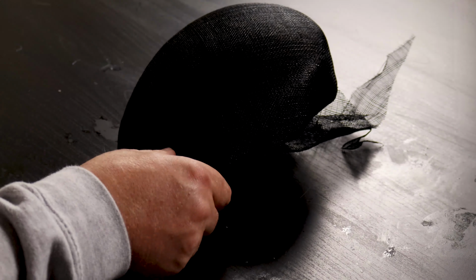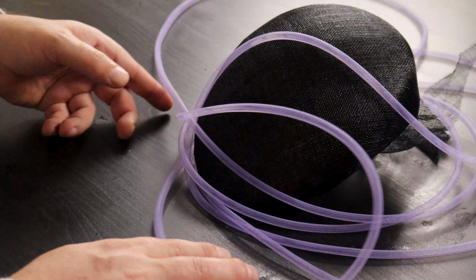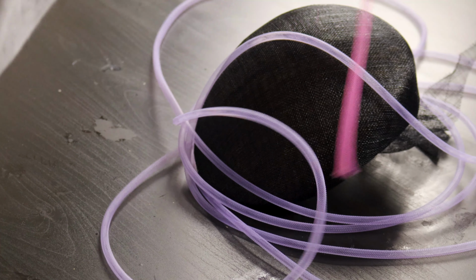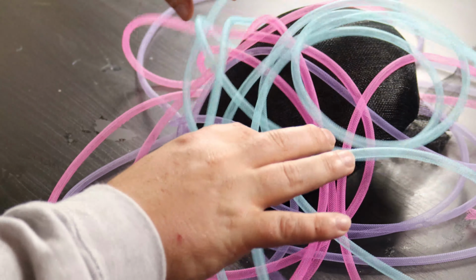So let's crack into this video. Okay, so I've already gone ahead and blocked my cinema on my Percher block. You're also going to need, or what I also bought was Tubular Crin in purple. I also picked it up in this beautiful pink and this sort of blue aquary